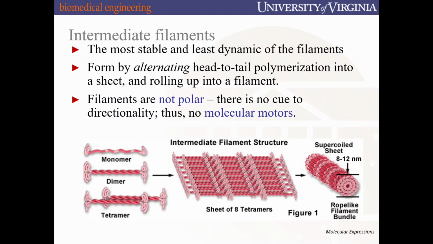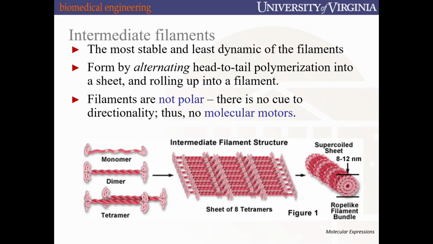These symmetric tetramers further oligomerize to form the coiled sheet structure pictured on the right, which makes a rope-like filament bundle. As you can see from this illustration, the final rope-like filament has no directionality to it. Another way to say this is that it's not polar. Just to be clear, I'm not talking about charge polarity here. In the context of filament structures, polarity refers to whether they have a side or not. If you look at one of these filaments, can you tell the sides apart by directionality that's present in their